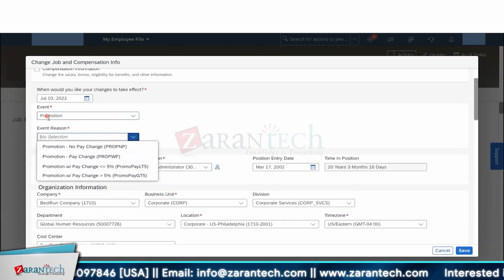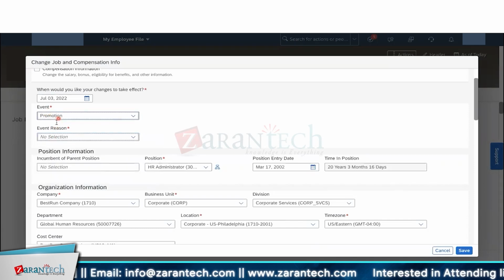For a promotion, types of promotions. For a transfer, types of transfers. Like that, we can have the events and event reasons. The advantage of it is, tomorrow if you want to take out a report on the entire transactions, the entire life cycle of events that has occurred at the employee record level, just by depending on the event and event reason fields, we will be able to understand what changes have happened in the last 15 years